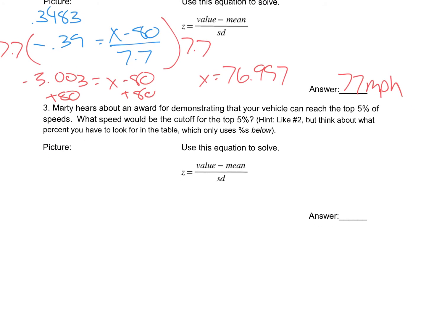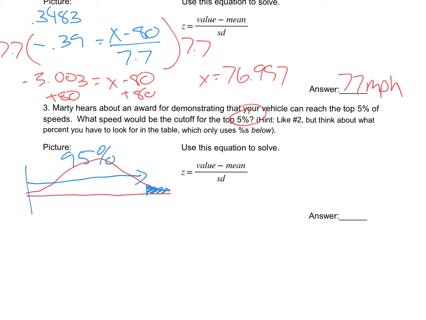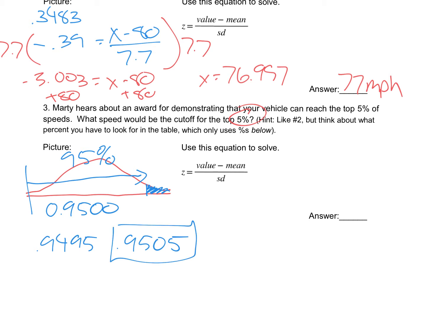All right, number 3, similar deal, but we want the top 5%. So if you think about in our picture, all right, we want this top 5% there, which means our percentage isn't 5%. It's actually going to be measured from 0 to there. So that means we're going to be looking for the 95%, or 0.9500, which when we go look that up, it actually falls between 2 values. We get 0.9495 and 0.9505. So it's actually equidistant between those two. I'm going to go with this one here, which then gives us a z-score of 1.65,